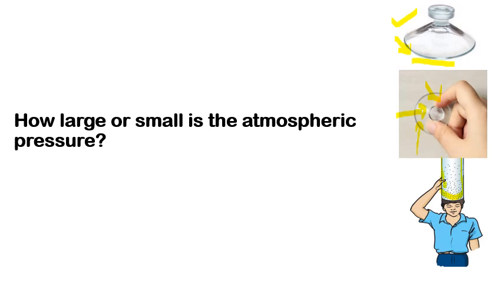The weight of air is as large as 1000 kg over an area of 10 centimeters square. The reason we are not crushed under this weight is that the pressure inside our body is also equal to atmospheric pressure and cancels the pressure from outside. Atmospheric air is applying pressure in this direction and our body is also applying pressure in this direction. And the magnitude of these two pressures will be equal. Because of that, we are not crushed under this weight.